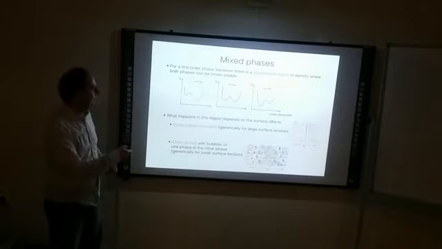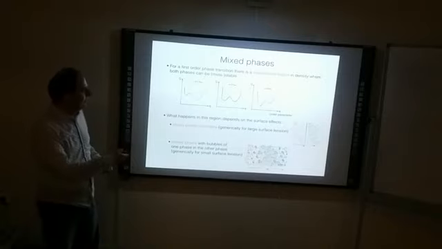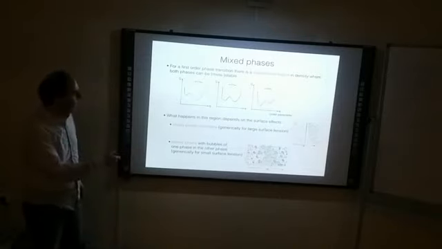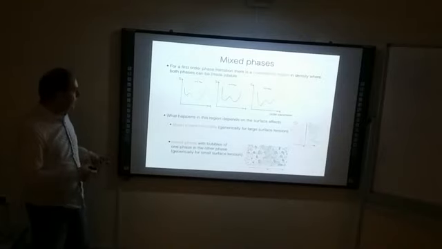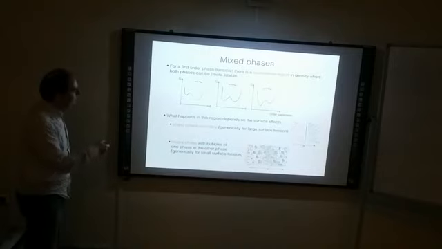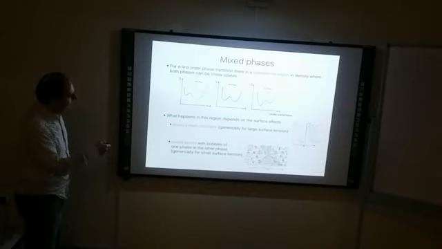Okay, and what's most interesting are first order phase transitions, because first order phase transitions can lead to something called mixed phases. The reason is that in the case of the first order phase transition, we have something called a coexistence region. And the reason for this is that if you look at the thermodynamic potentials, and this is the order parameter, what you find is that there are two minima here. So there's one that's preferred at some value of your parameters like density here.